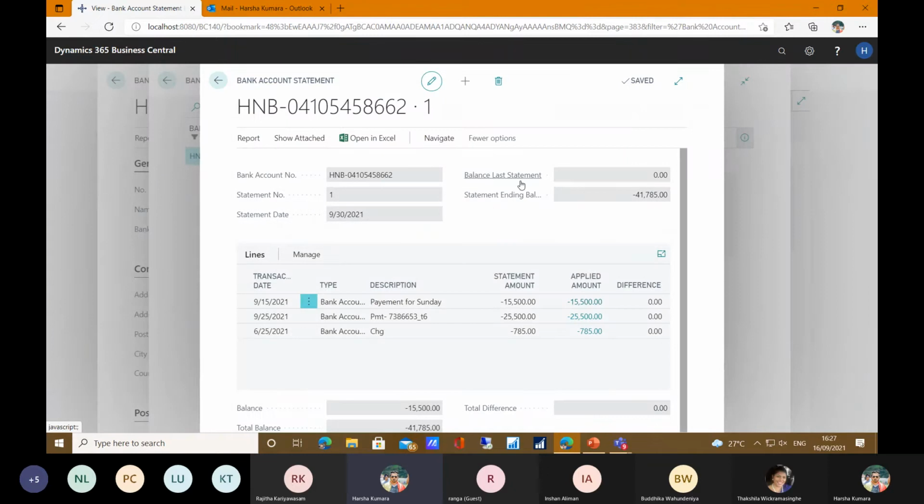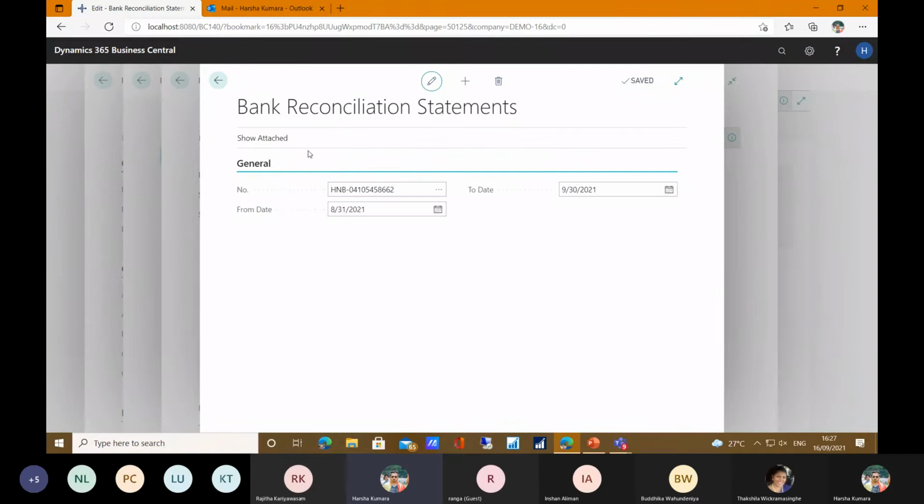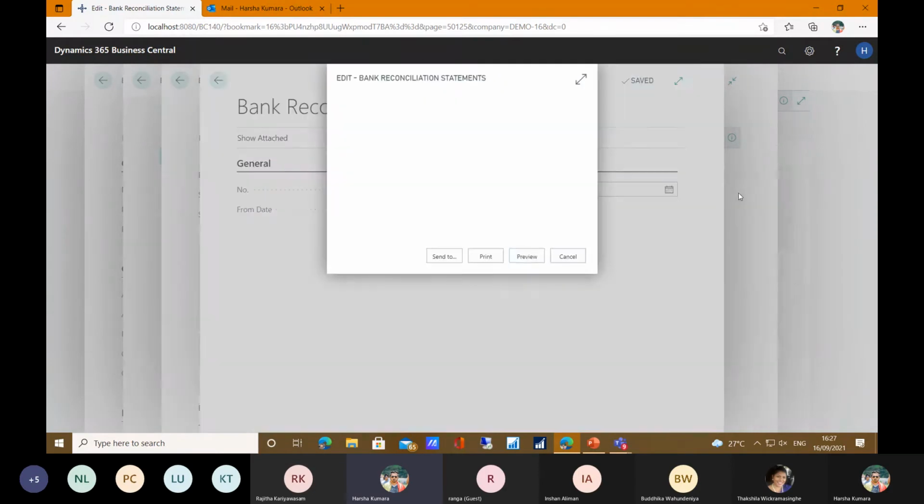And also we have the important report, the bank reconciliation statement. Here we have to put the from date and to date if required, otherwise the system will generate it automatically.